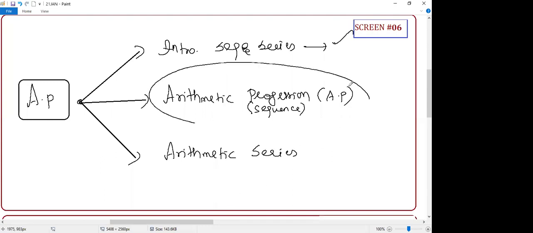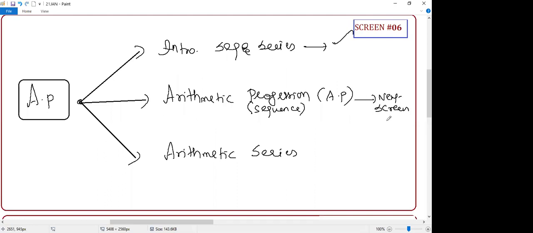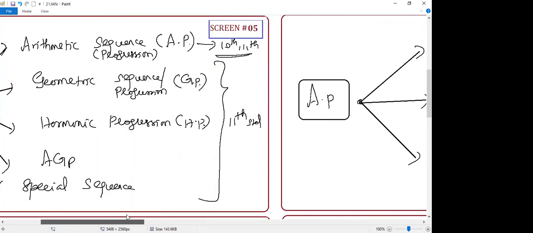Guys, I'm going to explain, I already explained this, okay? So I'm going to teach you from the next screen, and this part in the next class. This is the course plan. Clear or not? It's a small topic, but such an important chapter, and you will get more marks from this chapter. So the possibility of more questions is highest